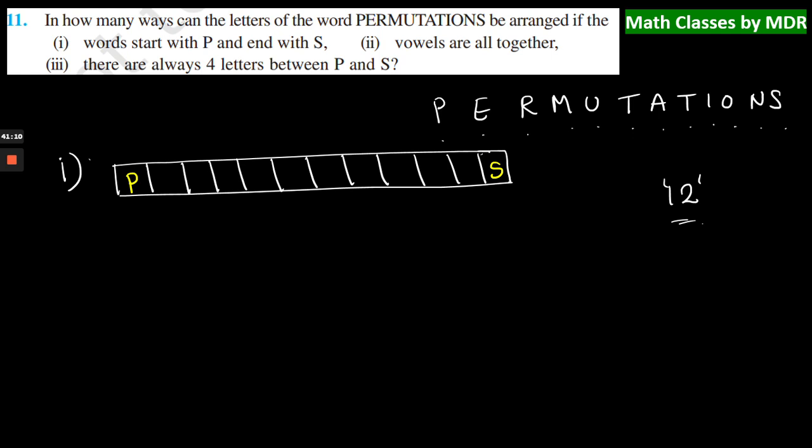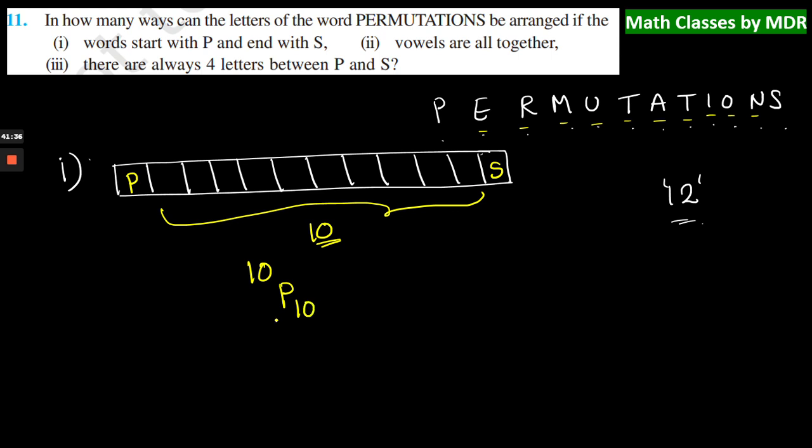Right? We can only arrange the letters which are available, from this position to this position. How many positions are there? There are a total of 10 positions. For that, how many letters are available? 1, 2, 3, 4, 5, 6, 7, 8, 9, 10. There are 10 letters available. So for 10 positions, how many permutations can you get? 10P10. Right? And now you can look at whether there are any repetitions. How many repetitions are there?